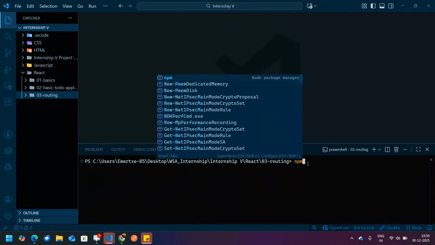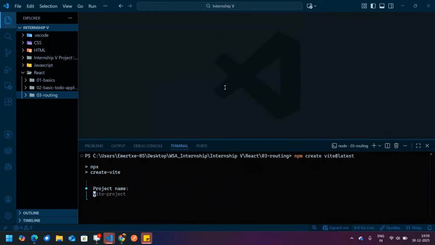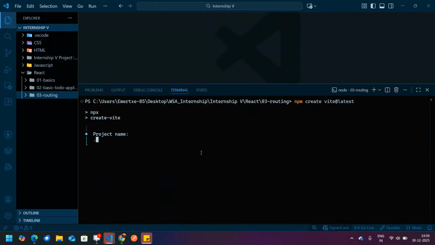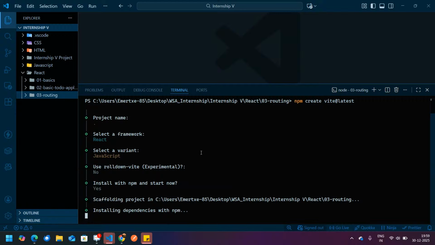So npm create vite@latest. It will ask me for some permissions. So the project name will be ./react, and JavaScript, no, yes, enter. It will take some time and it will create a new application.